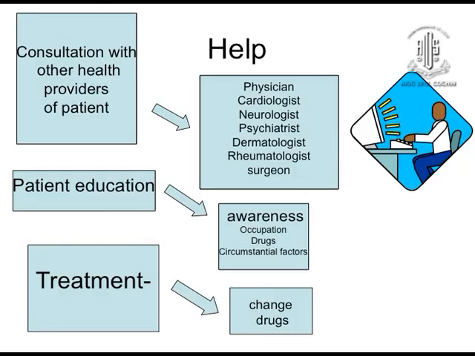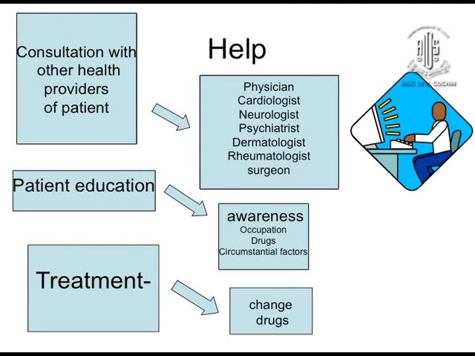Then what to do for these patients? How do you help them? First, consult with their health providers: physician, cardiologist, neurologist, because it is not we who can stop or change the treatment. So they have to be taken into consideration. Why do I say health providers? Because along with them, there are physiotherapists and other people who are helping, like massagers, those giving infrared rays or hot fomentation. So the history should be asked properly, and then they should be consulted to change over the technique or the drugs.